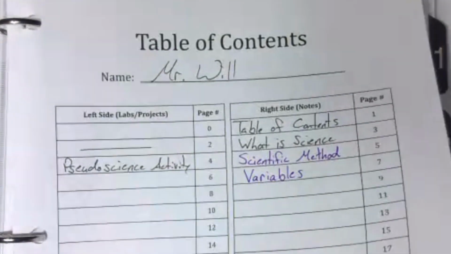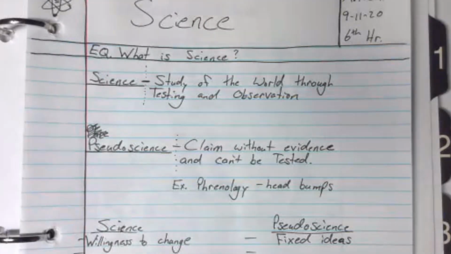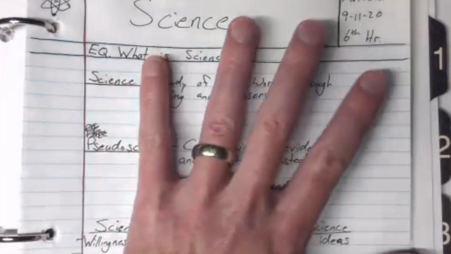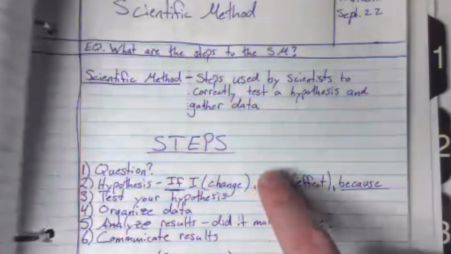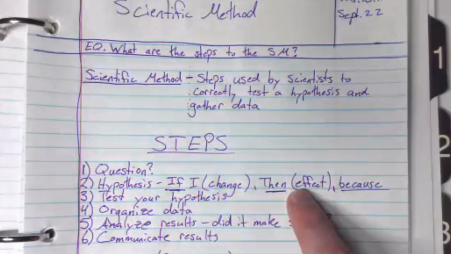So this is page 1, and then we turn, backside of page 1 is 2. This is page 3. Backside is 4. This one's 5, which is our scientific method notes. Backside of that is 6, and this is 7. So this is our new variables page. This is our notes for variables. So the top